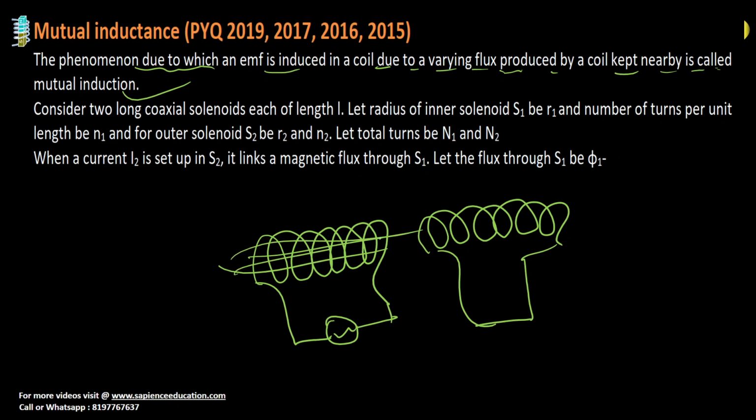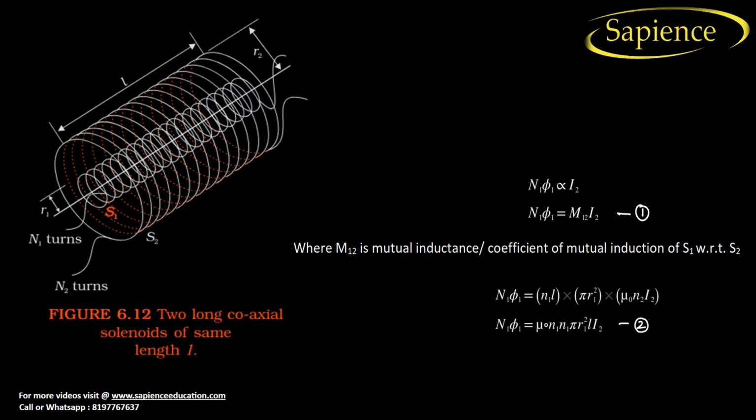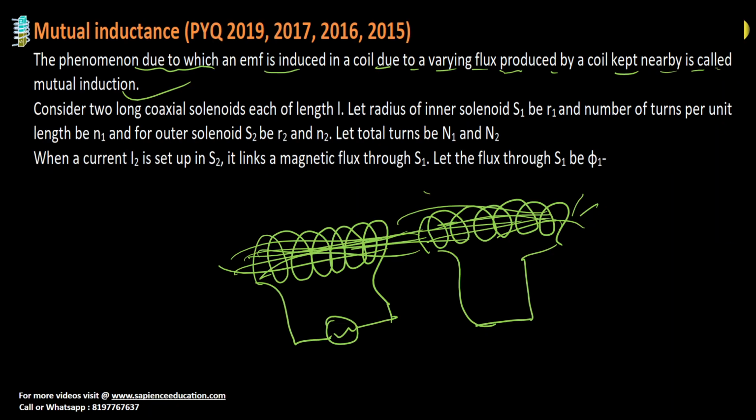So it is creating an inductance from outside, so what will happen? It will change the flux. So this is known as mutual induction. Now see here,